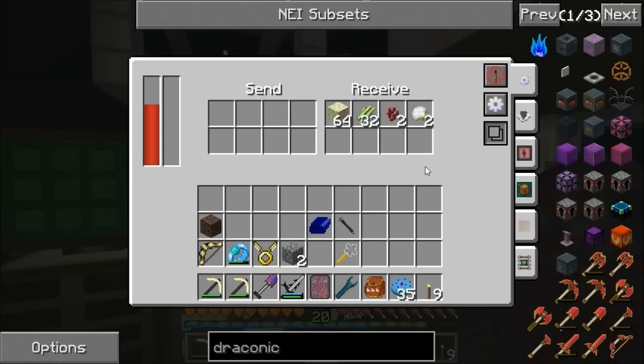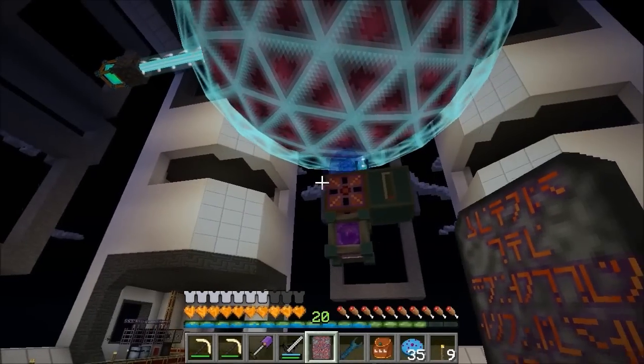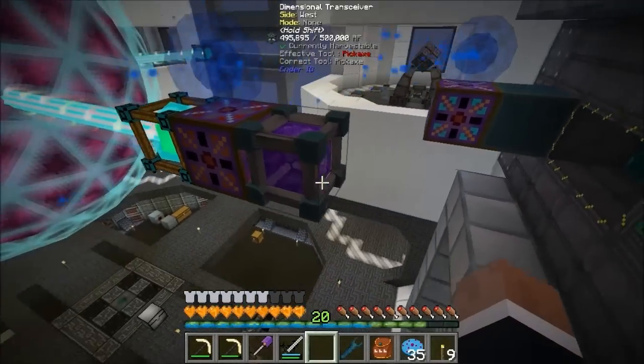Why have you stopped? Oh, that's why. The AE system's gone offline. Okay, let me work a few things out. Okay then, that is where I was messing up. It does need to be near a particle generator. As you can see, this one is...